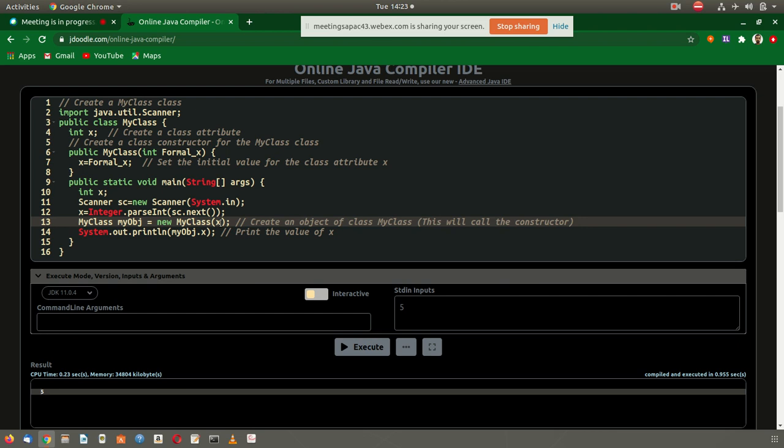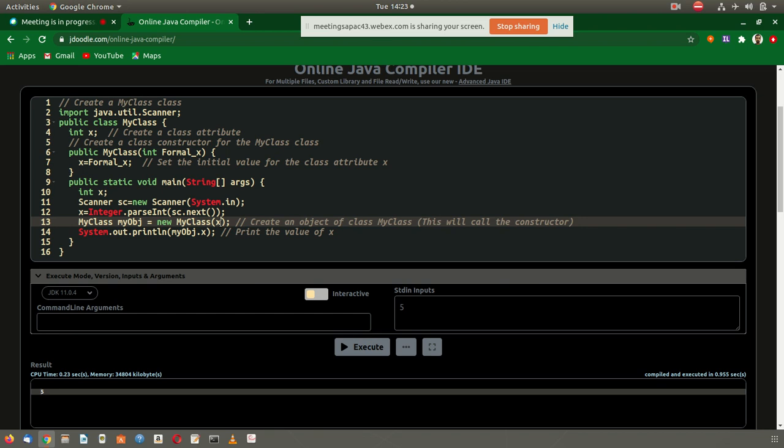And if the constructor has no argument, whether formal, pass by value or reference, then it is called a non-parameterized constructor, or empty constructor, or default constructor.